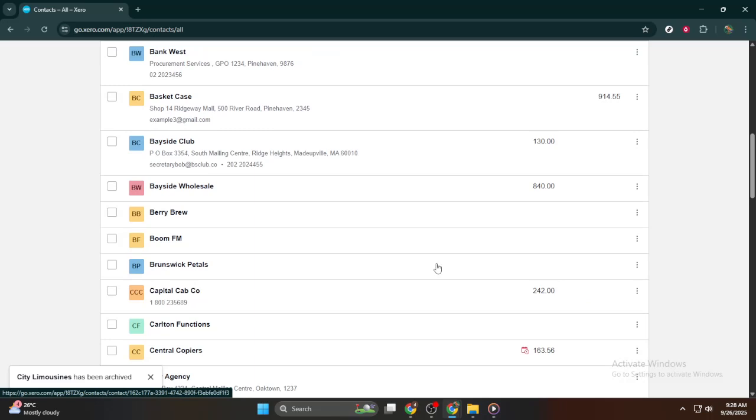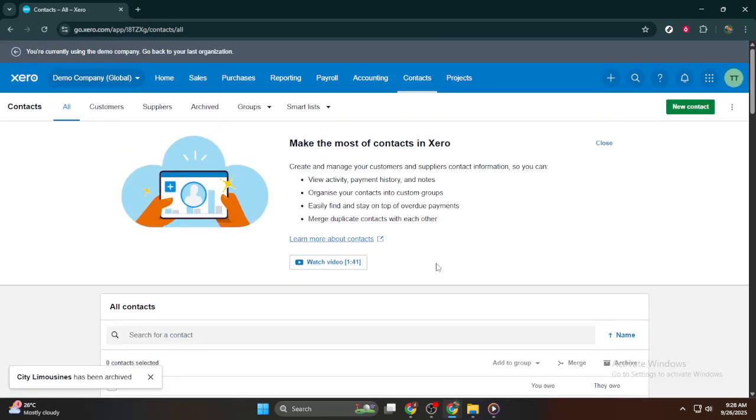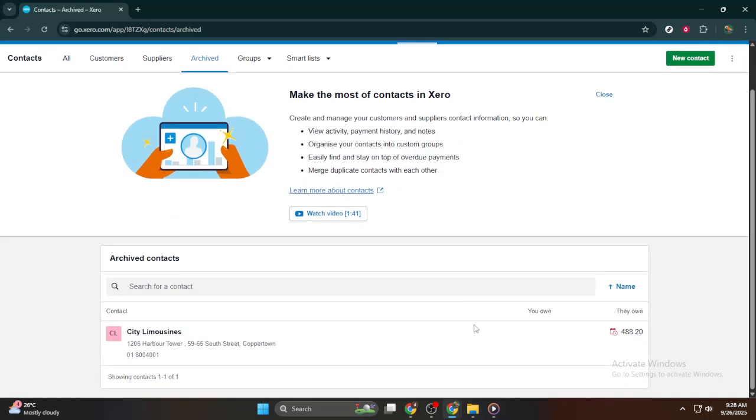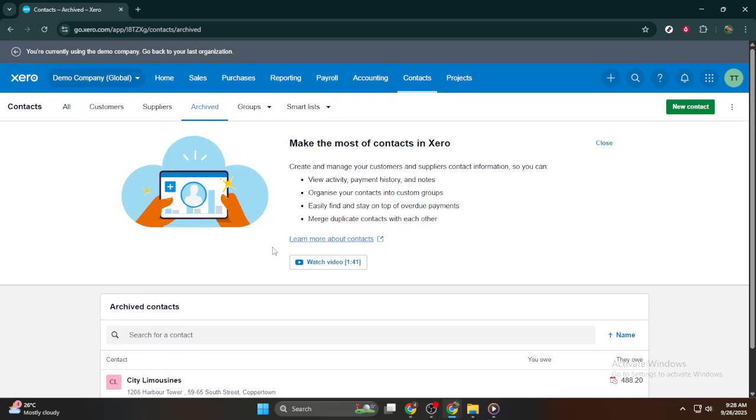Your chosen contact is no longer cluttering up your active contacts list in Xero. Feel free to return and unarchive the contact as needed by clicking the same checkbox and selecting Restore, bringing it back to active status. This process is a great way to manage your contact list efficiently without losing any essential information. Remember, regular maintenance of your contact list not only helps in streamlining your workflows, but also ensures that your data remains